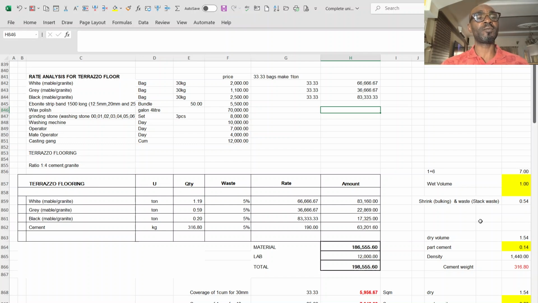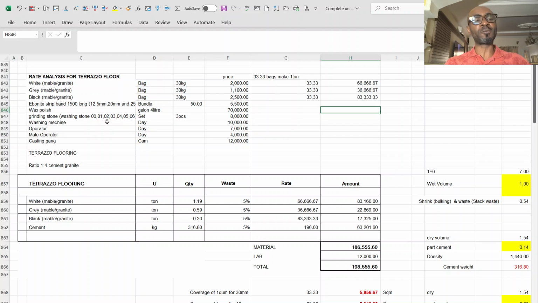And the finishing ranges from what the client desires to see. So some persons might want more of white color in their finish. Some might want more of gray, some might want more of black. So it is the desire of the client that you can now combine these different shades of granite in the mix to give you the desired finishing that the client is expected to see. Having said that,